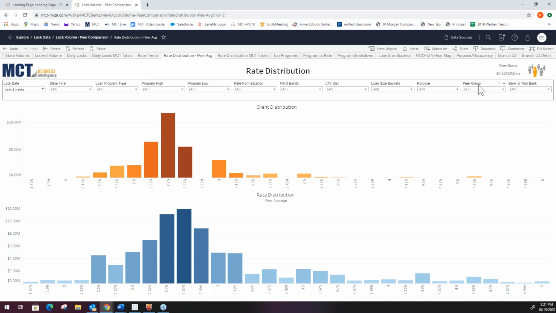And also, because I have the peer group defaulting to all, what the MCT clientele as a whole has locked over the last 2 weeks. I'm not really concerned with seeing the whole MCT clientele group right now. I just want to see what the people in my peer group are doing. So I'm going to come over to the peer group filter and then just adjust and choose my peer group